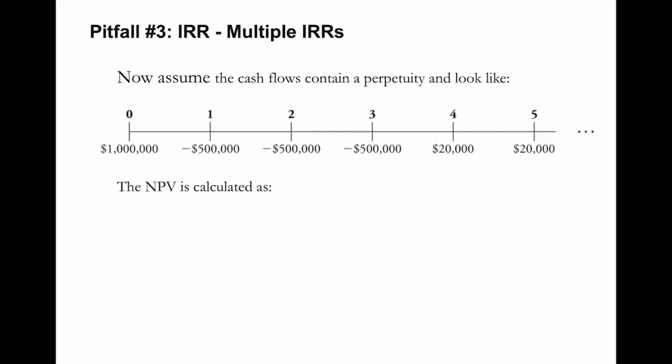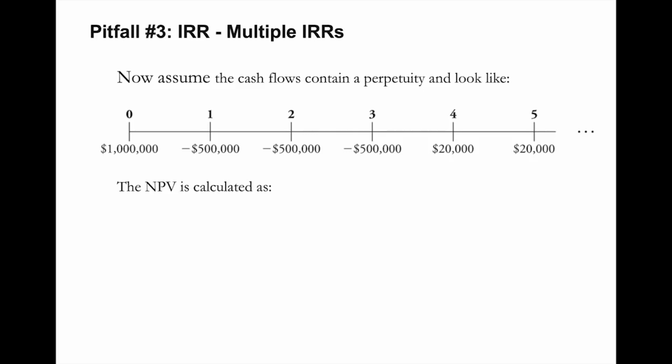Now let's have a look at the last of the 3 pitfalls for the internal rate of return. So now assume that we have cash flows and those cash flows now continue in perpetuity. So the cash flows look something like this. We receive $1 million today, and then we pay $500,000 every year for 3 years, and then in the 4th year we receive a perpetuity where we get $20,000